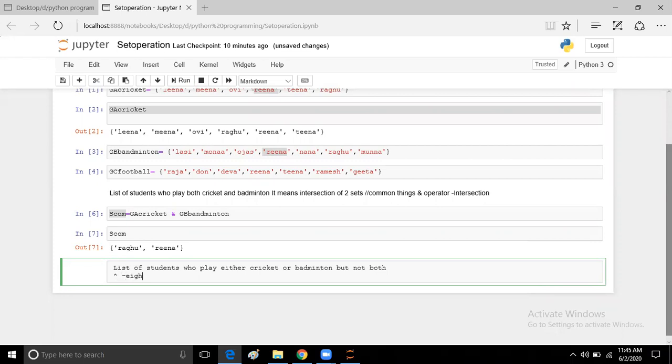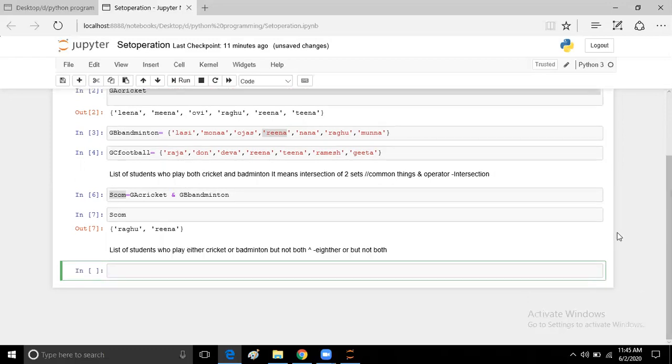Whenever we want to find out either this or that but not both, we are going to use the caret operator.